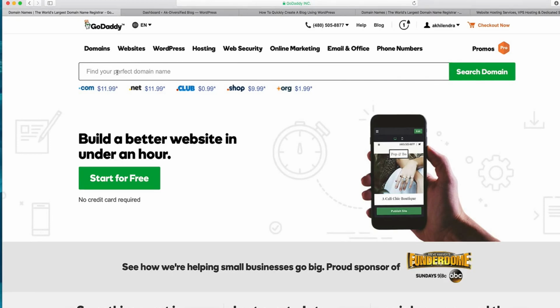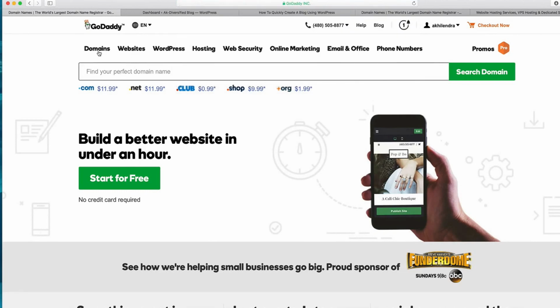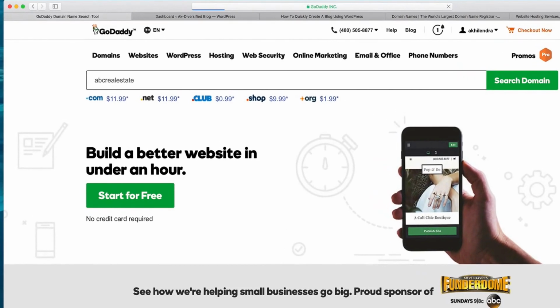So if you visit godaddy.com, this is the default page, and even if you visit some other page, you can click on this domains and it will bring you to this page. Here you can search your domain name and it will tell you if this particular domain is available.